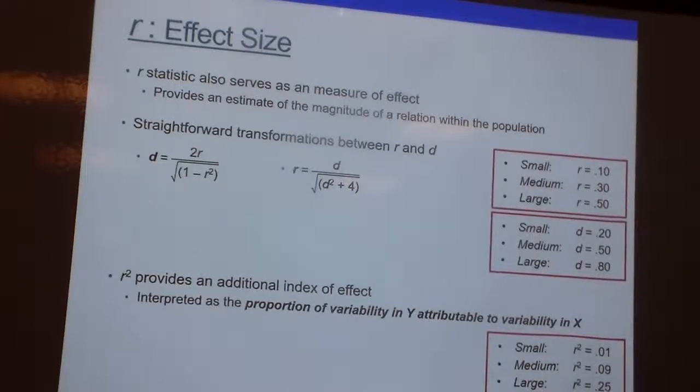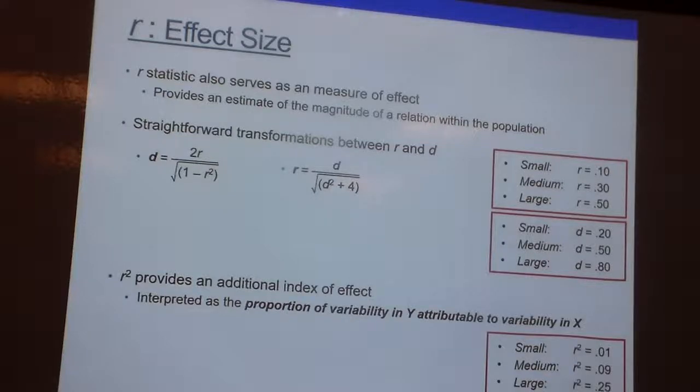And so at the bivariate level, we can do this with r. We can't do this with our regression coefficients that we'll get into. Sometimes you see people doing that. I would advise you not to do that because those are different types of coefficients. But for a straight up Pearson correlation, you can just square that, and that's why if we go through and calculate